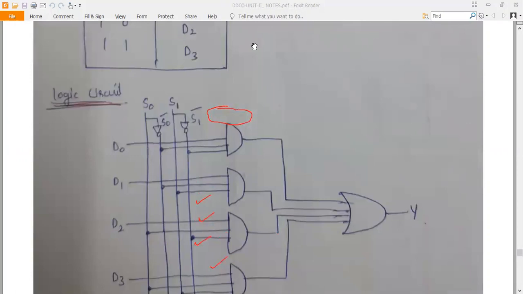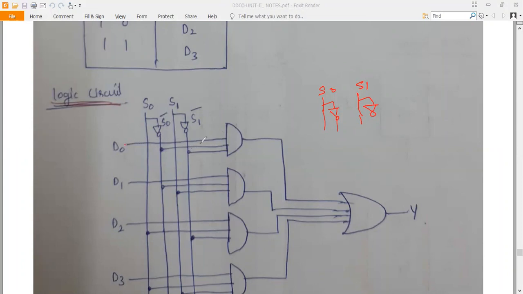It is similar to the previous one. Here we have S0 and S1, and we have S0 bar as well as S1 bar, similar to your decoder. Try to recall your 3 to 8 or 2 to 4 decoders. So for 0 0, S0 bar and S1 bar along with D0 will be added.